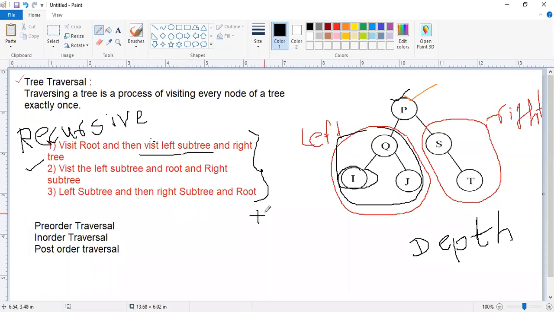This is a plus sign at the root, and it has two children, A and B. What does the pre-order traversal say? It first says visit the root. When you visit a root, you are processing the data at that node. Here the data is the plus sign, and processing the data means what operation we are doing. Here we can say